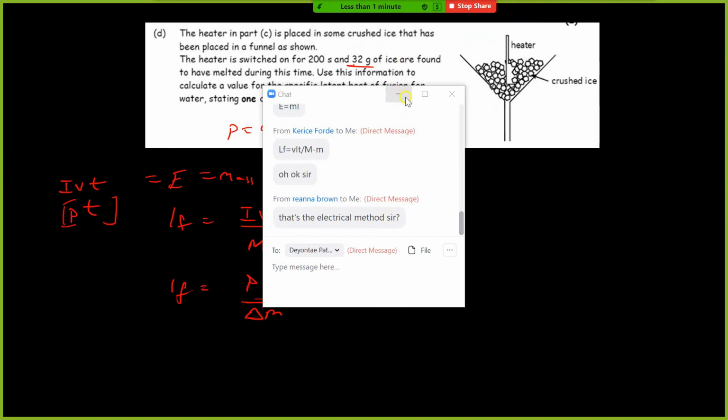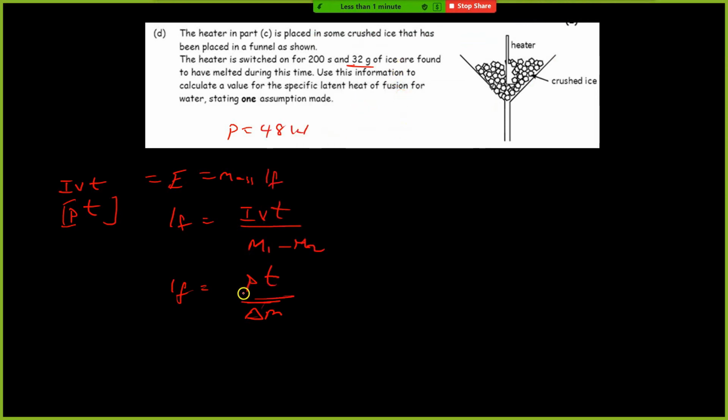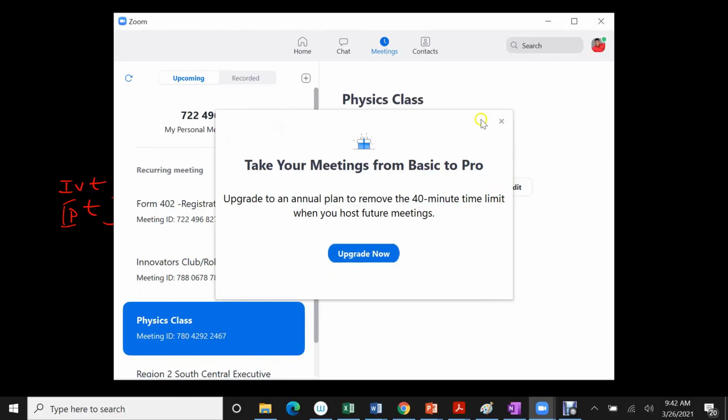It's the electrical method, definitely the electrical method. The other method, I think, is the mixed method, and that one is probably a little bit more complicated, where it involves a long list of equations and all of that. So this one is somewhat more simplified. So all we do now is say, power, which is 48, times the time, which is 200 seconds,